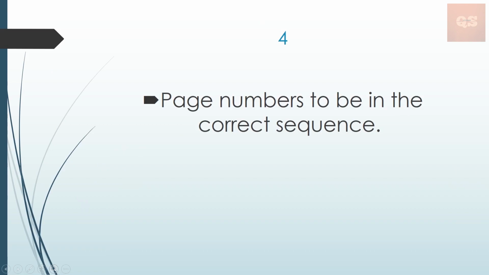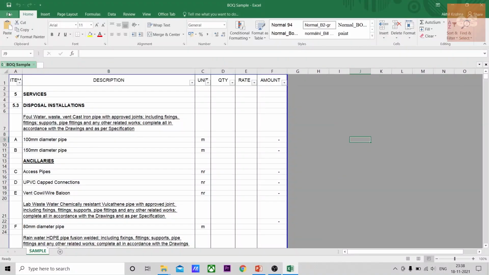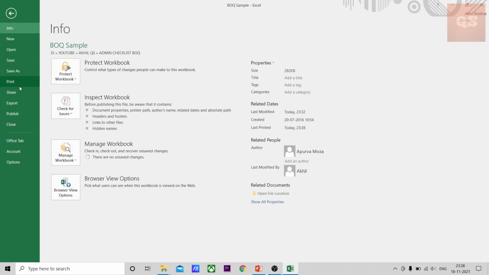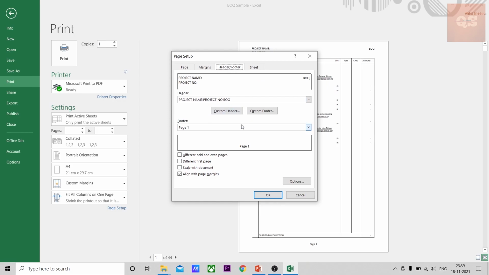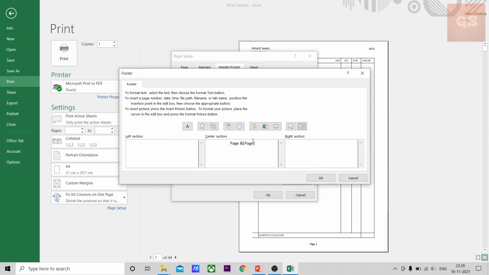The fourth point is that the page numbers must be in the correct sequence. Again, if you see in the BOQ, the page numbers are usually set inside the page setup under footer. If you go to custom footer, this is the formula that is used for setting the page numbers.